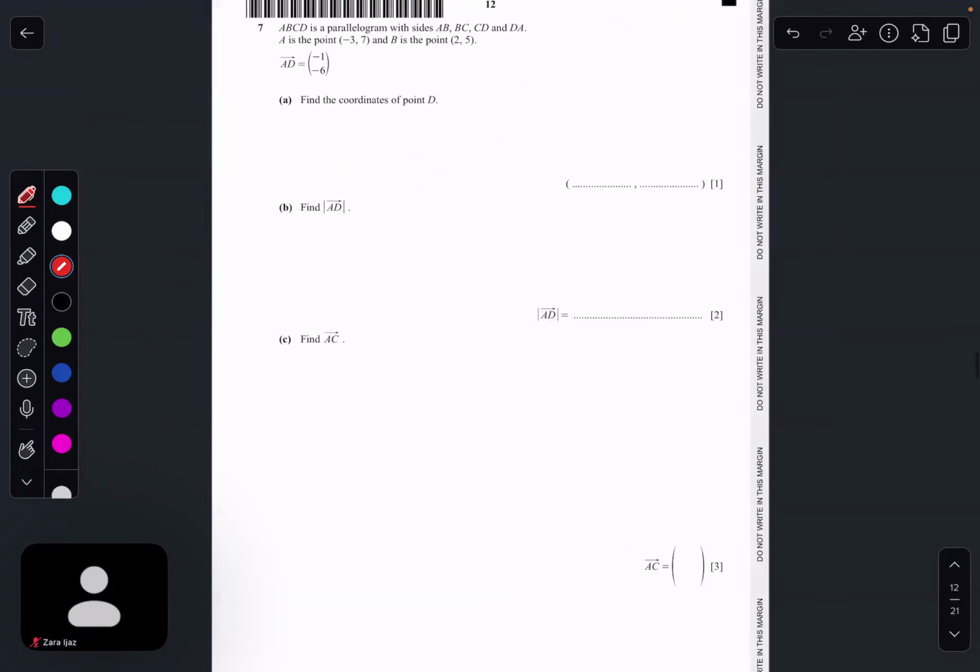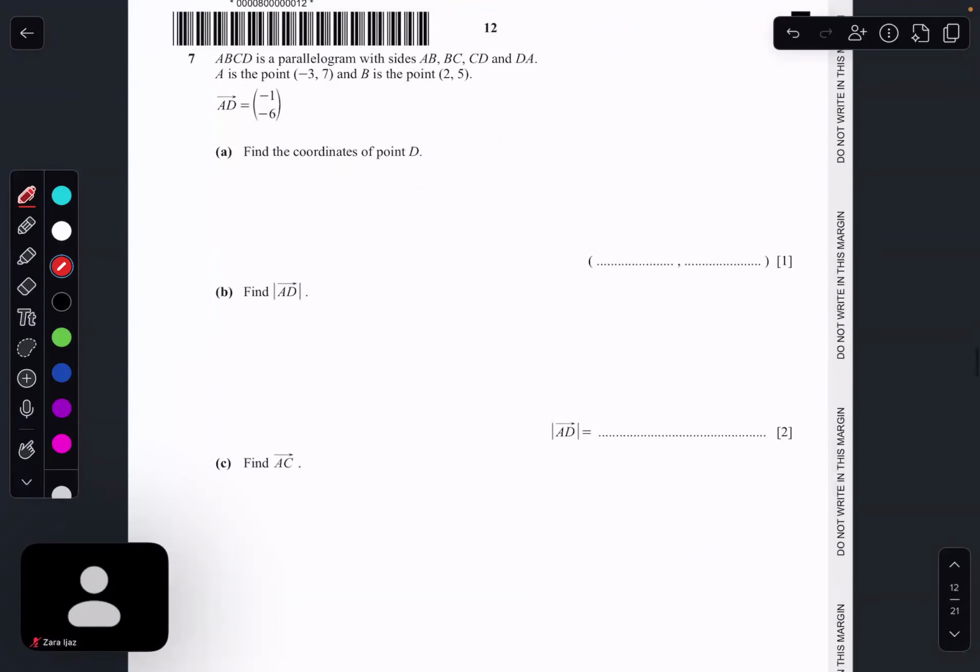Okay, let's move on. Question number 7 over here. ABCD is a parallelogram with sides AB